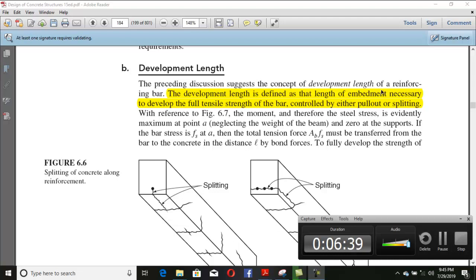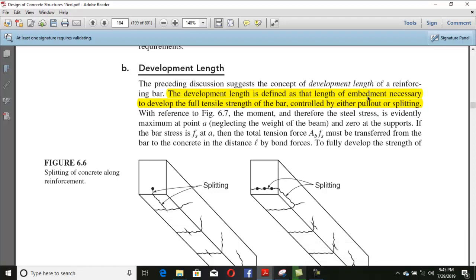The development length is defined as that length of embedment, necessary, embedment means to insert into the concrete, to develop the full tensile strength of the bar, controlled by either pull out